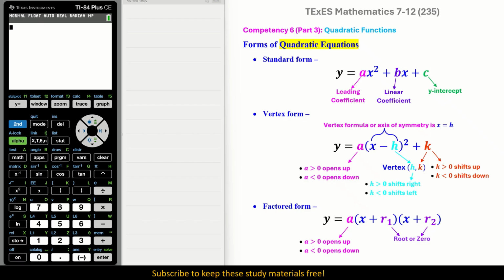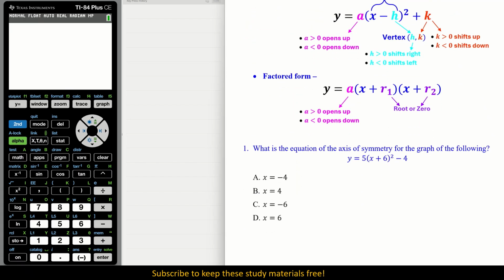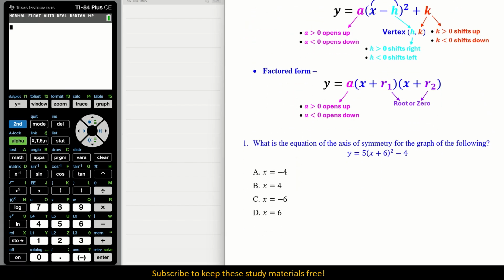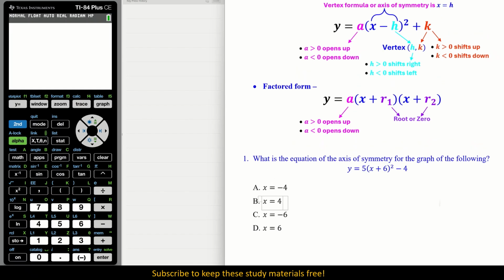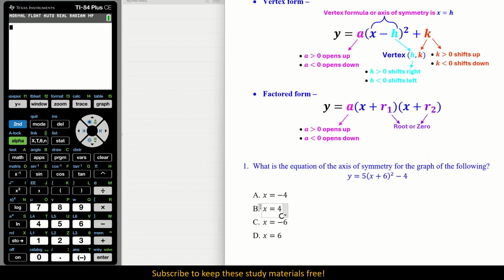Here are all 3 of the forms that we will use. Only the first 2 will be used in this video. All right, let's go to number 2. What is the equation of the axis of symmetry for the graph of the following? Well, here, let me move right back up a bit. As you can see, what we do is we just need to set x minus h equal to 0